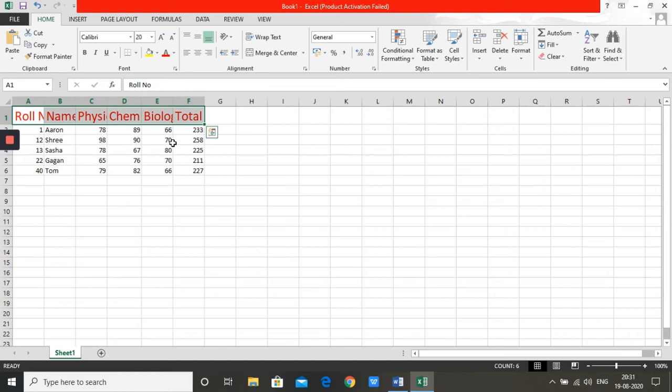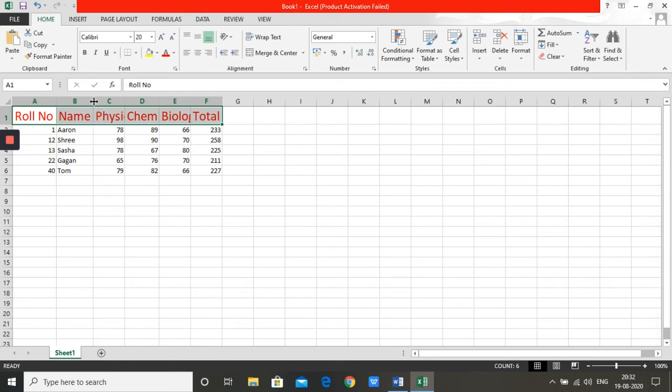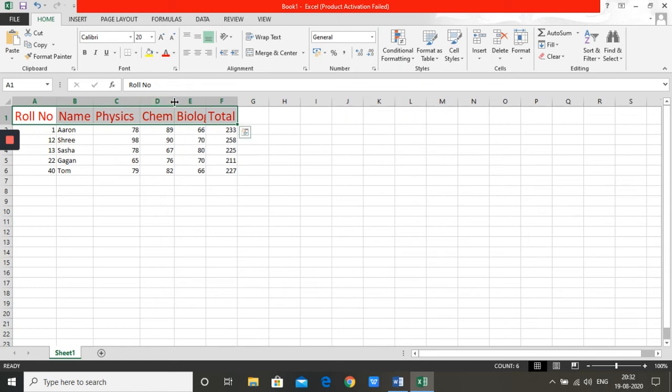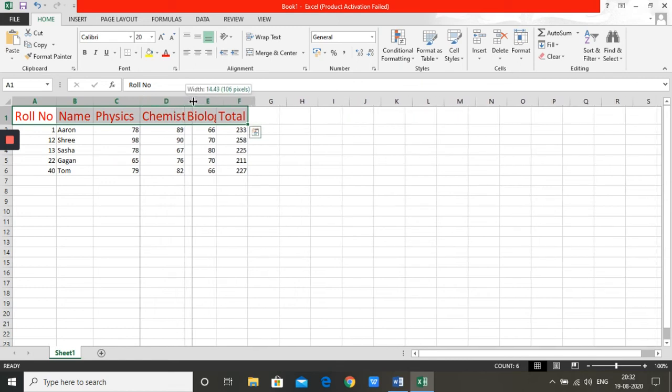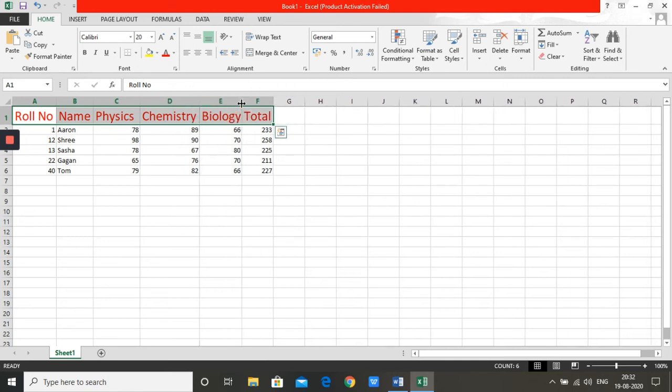Okay, it has changed. Now if you see here, the column width is very small. To increase column width, move your mouse exactly on the line that separates the column. See, between A and B, a line is shown. You click here. When you see the two-headed arrow, you hold your mouse and move it so that it fits correctly in the cell. Not enough, not enough, no. Now this is fine. So I have increased the column size.